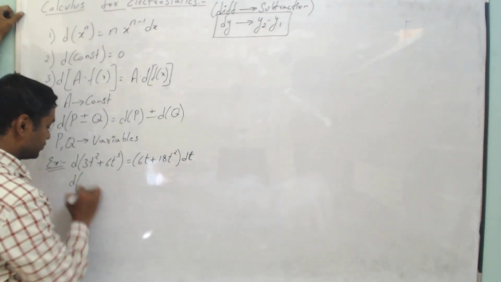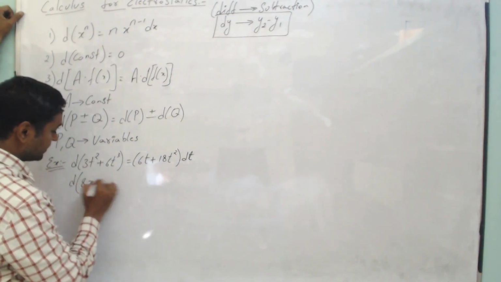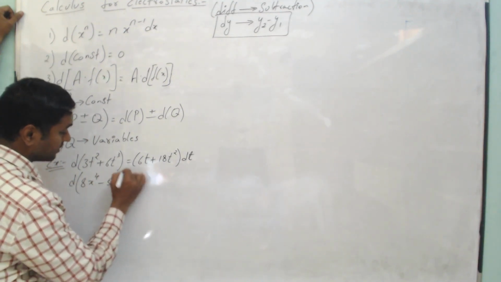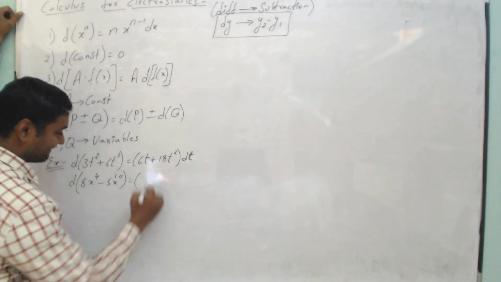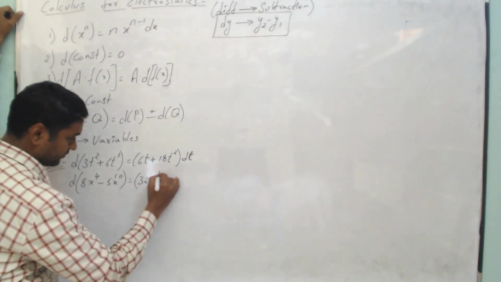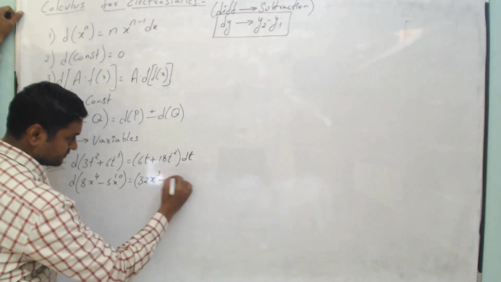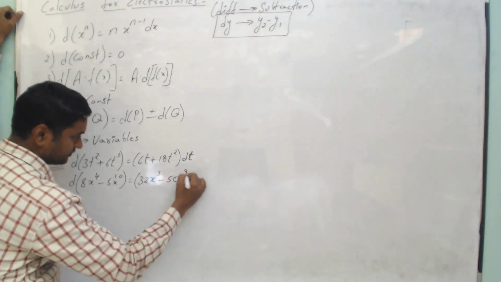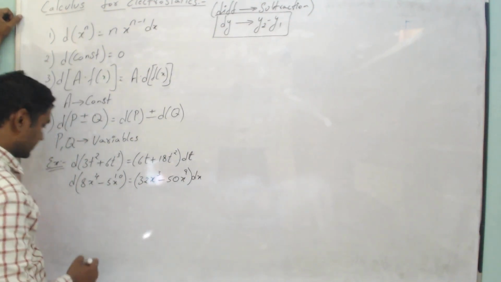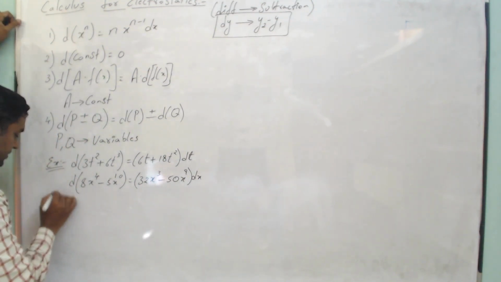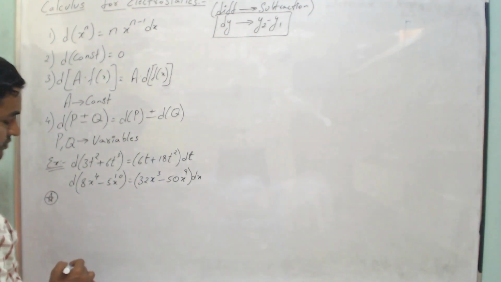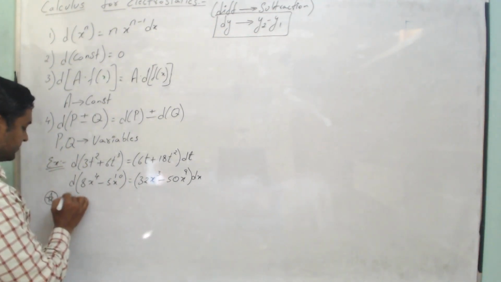So differential of, let's say, 8x to the power 4 minus 5x to the power 10, we'll get it as 32x power 3 minus 50x power 9, and we will also get dx. So here one of the points that we have to remember is whenever we differentiate,